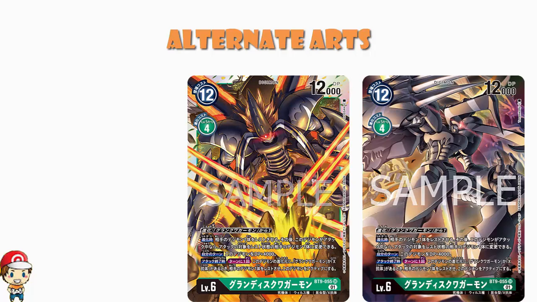And at the end of an attack, once per turn, if this Digimon has either Grand Agamon or X-Antibody in its Digivolution cards, you can suspend one of your opponent's Digimon and unsuspend this Digimon, which seems like a very nice combination indeed. Be nice if green didn't get fewer...